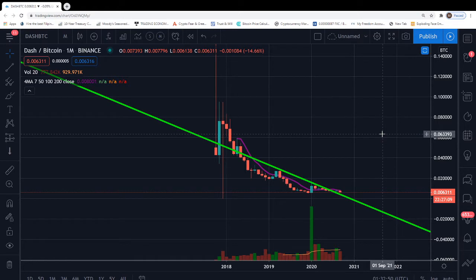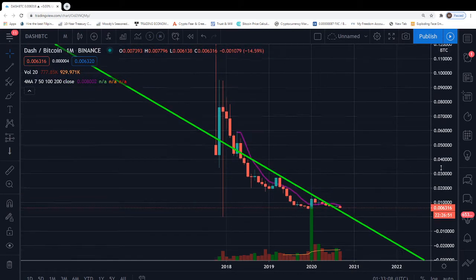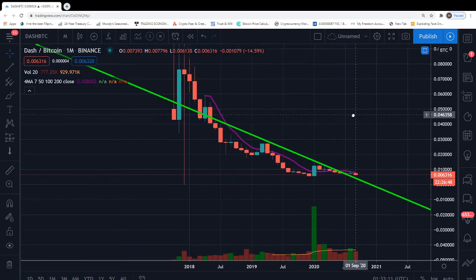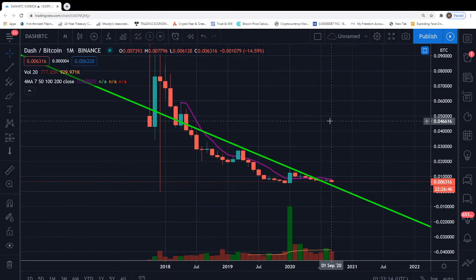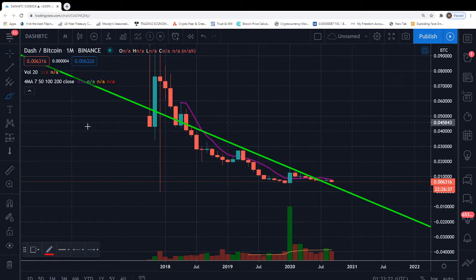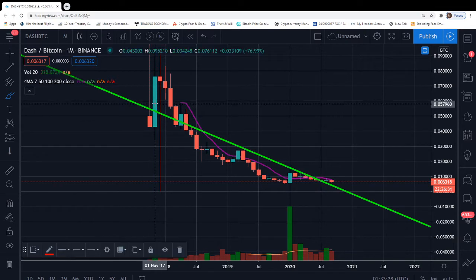And again, monthly candles. Now, there's bullish and bearish information that I'm seeing in the charts here. Let's just basically go over the bearish case scenario very briefly here. If it isn't obvious enough, if you can see this descending green line on the chart here, this basically represents resistance from the monthly candles. Well, actually from a 3 month, but let's just stick to the monthly since we're on the monthly candles here. Dash has been having quite a difficult time getting above and beyond this line and staying above and beyond this green descending line.